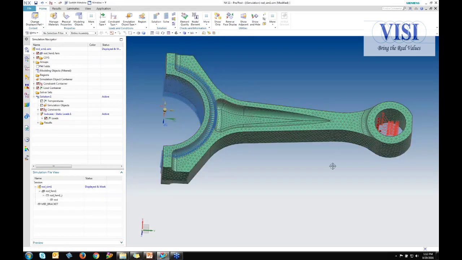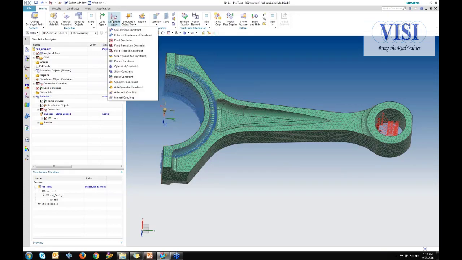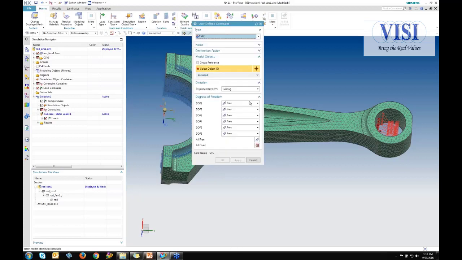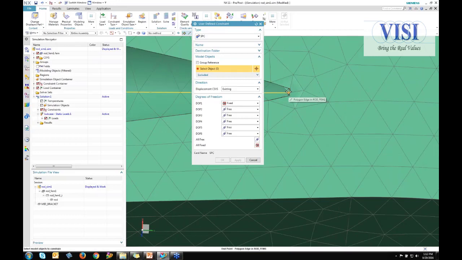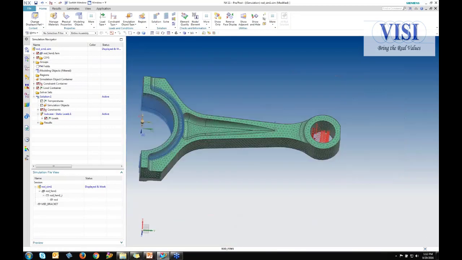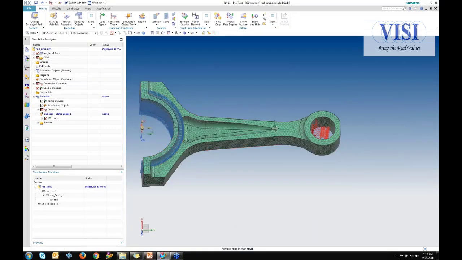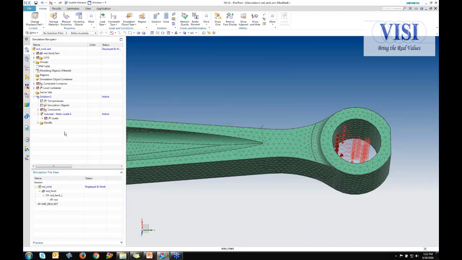So I'm going to need to apply another constraint just to satisfy Nastran to solve this model. Let's go ahead and specify a user-defined constraint, and I'll just make sure my degree of freedom 1 is fixed so that the part doesn't move in this direction. I'm going to apply it to, I guess, this single point right here, and all that's doing is making sure that it stays in that plane. Now, inside our sim model, you'll see I have my pin constraint. So if I ever needed to go back, say my user-defined constraint,